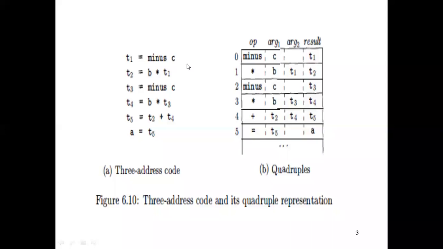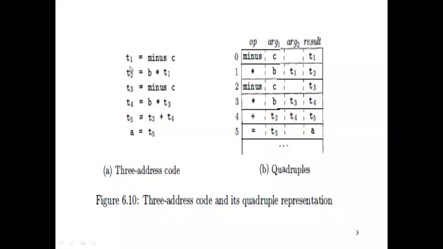So this line is line number 0, or you can say line number 1. In compiler we start line numbers from 0, 1, 2, 3, 4, 5, like this. You can start even from 1, 2, 3, 4, 5, 6, but more commonly in the context of compiler, we use line numbers 0, 1, 2, 3, 4, 5.